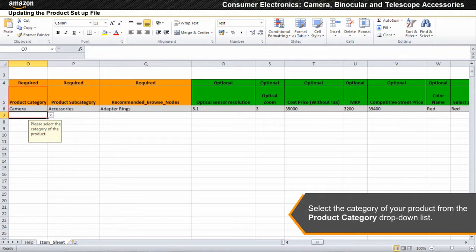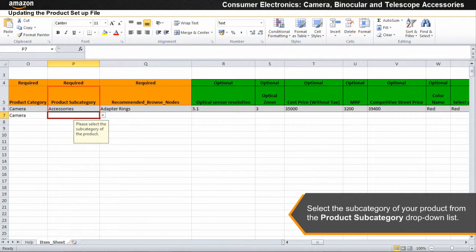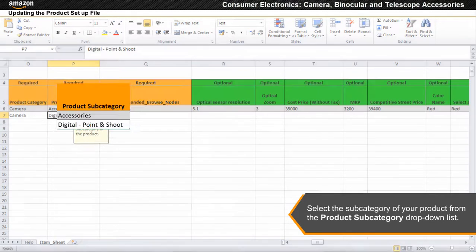Or if you want to sell camera accessories, then select accessories from the product category drop-down list. In this example, we will select camera. Select the subcategory of your product from the product subcategory drop-down list. In this example, we will select digital point and shoot.